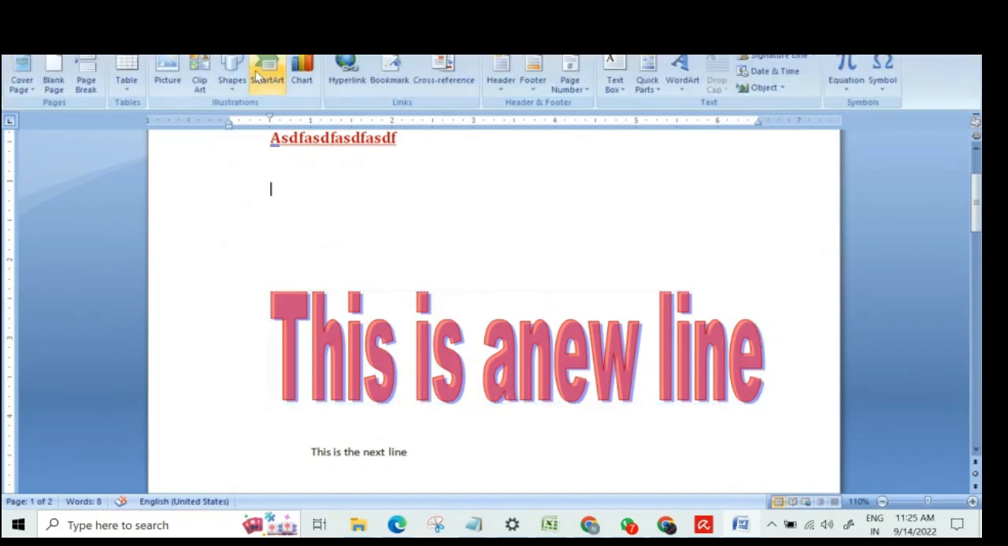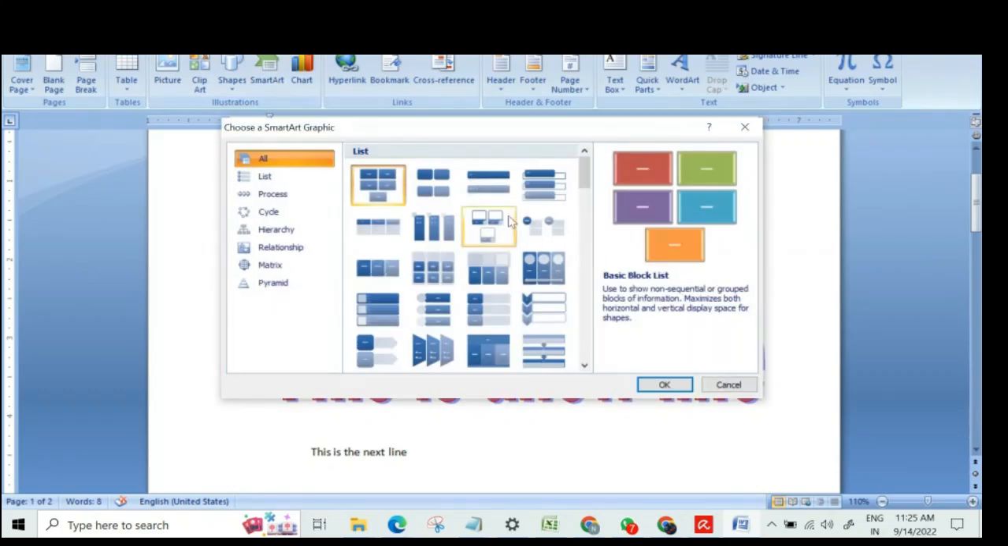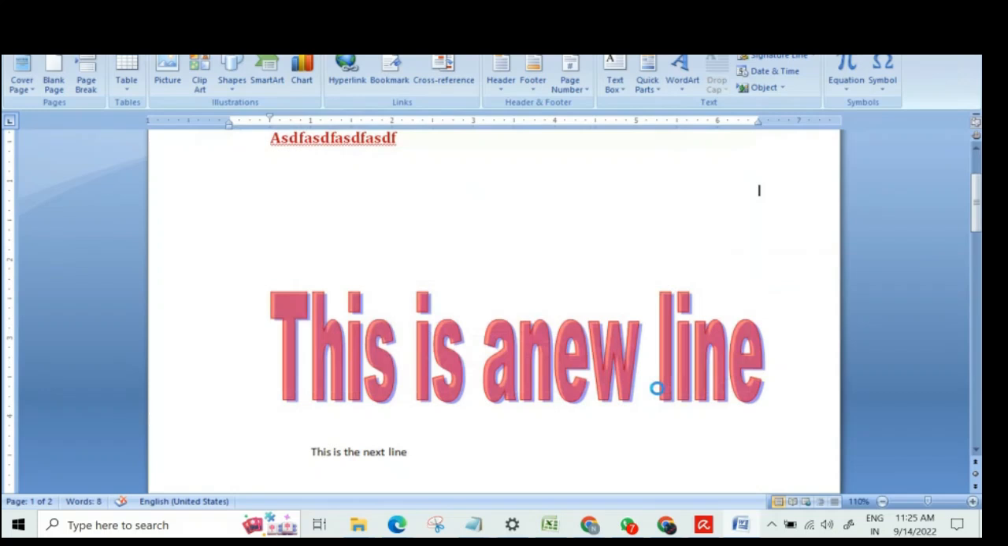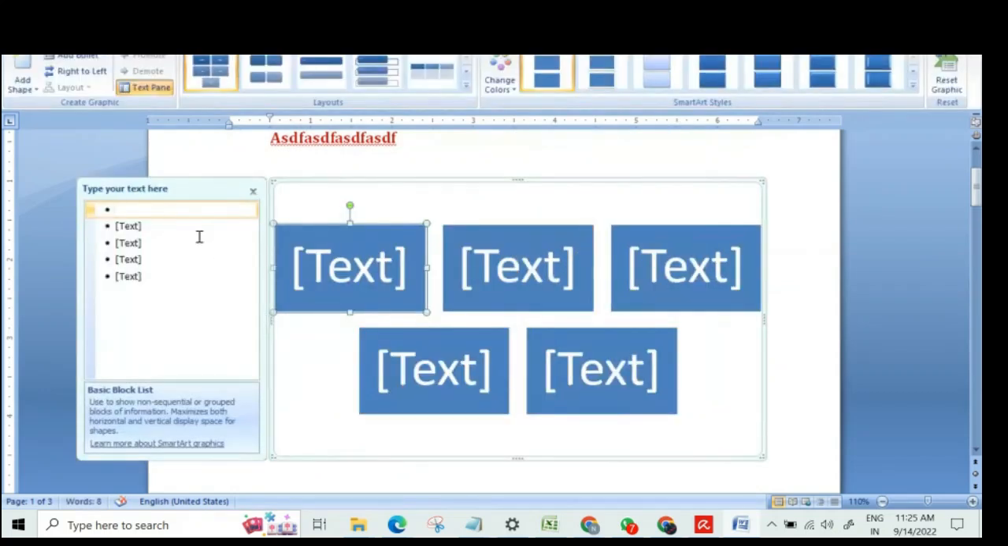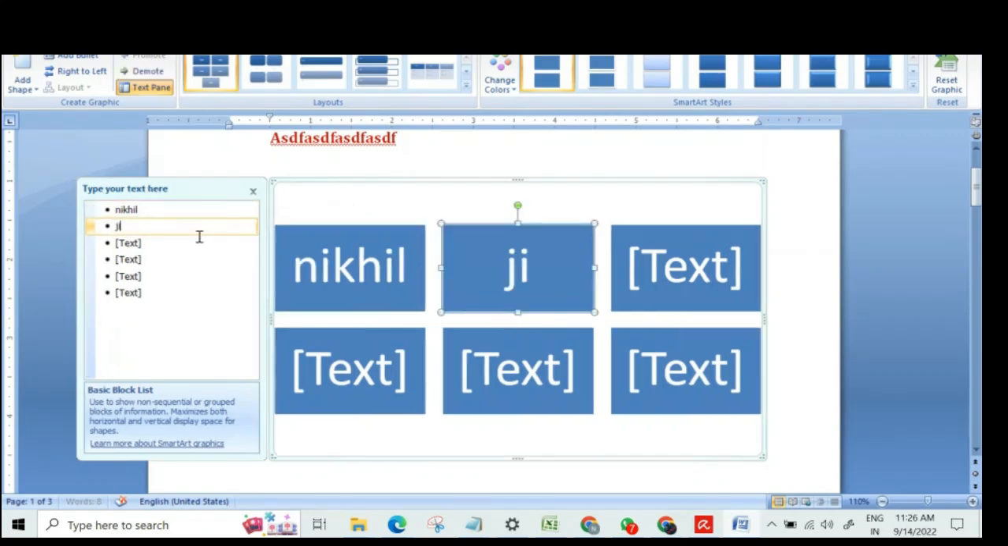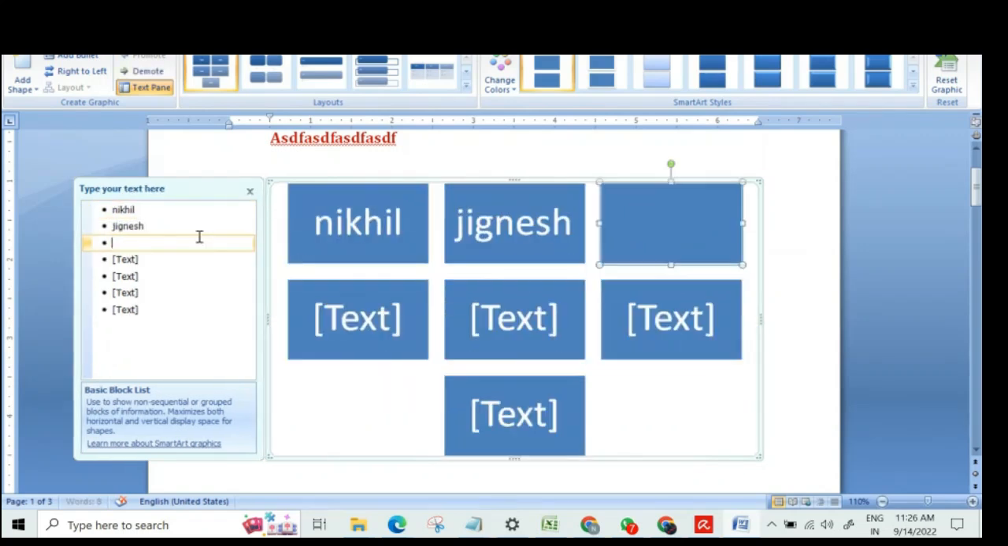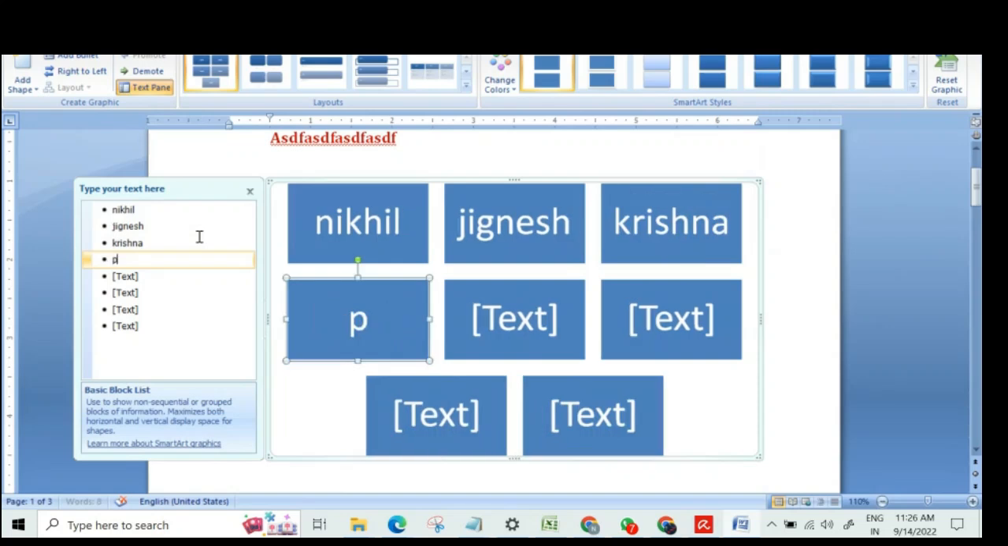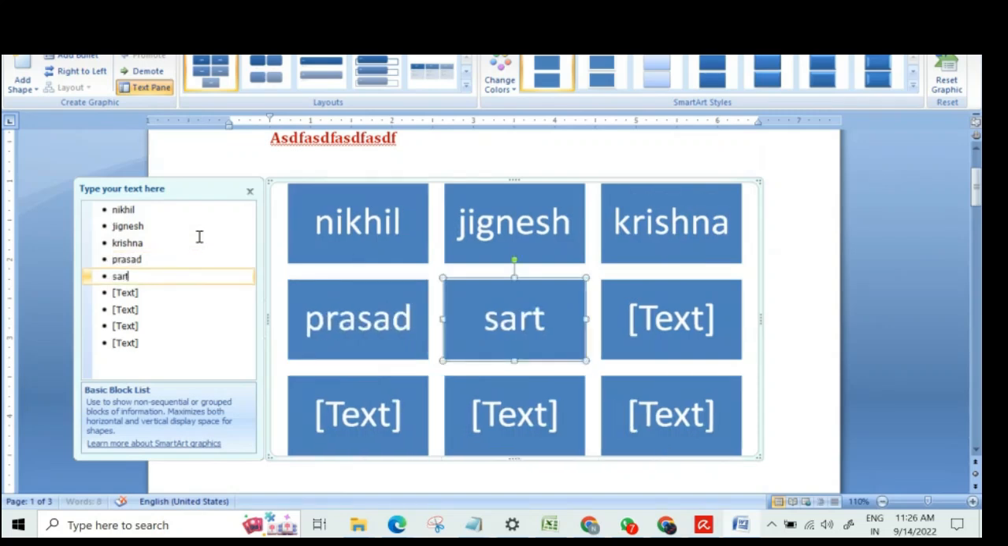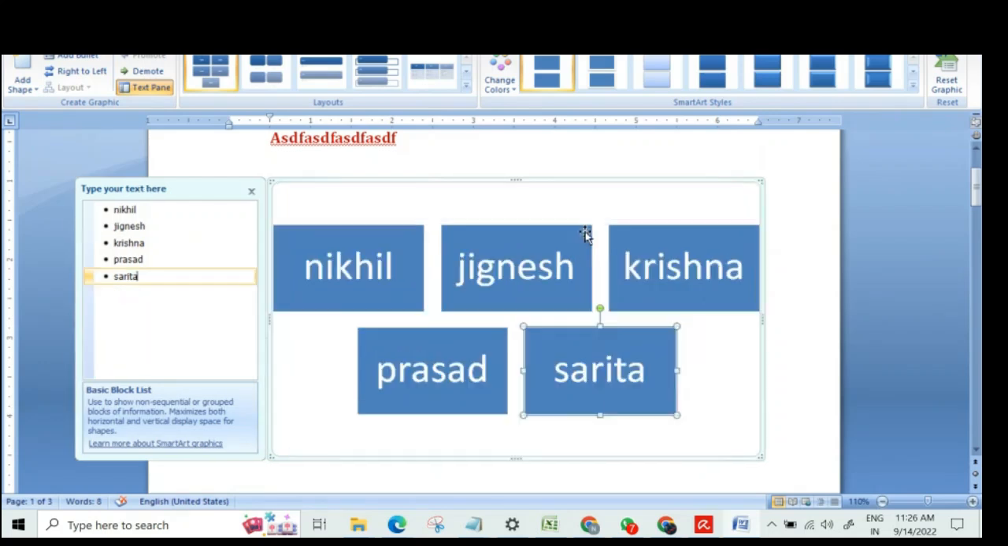फिर एक चीज जो मैं दिखा रहा था वो होता है आपका यहाँ पे ये स्मार्ट आर्ट, जो भी बहुत यूज होता है। इसके अंदर बहुत सारे प्री डिफाइंड चार्ट्स और लिस्ट वगैरह अवेलेबल होती हैं। And I can say, maybe I can say निखिल, I can say जिग्नेश, I can say कृष्णा, I can say प्रसाद, so for example, and सरिता. You see, अब ऑटोमेटिकली यहाँ पर बॉक्सेस बढ़ते चले जा रहे हैं, मेरे को बढ़ाने नहीं पड़ रहे हैं।